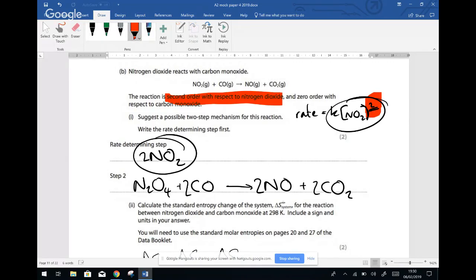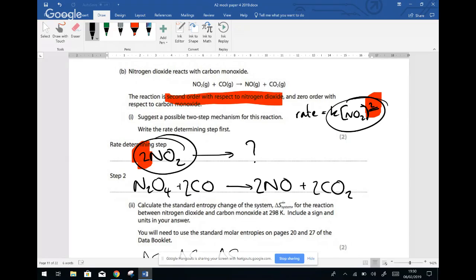So in order for me to know my rate determining step, I knew that there must be 2 going in, and for carbon monoxide to be completely missing. I couldn't have carbon monoxide here because it was 0. So it had to just be missing. So I then went, well, all right then, it just needs to be there. I'm just going to go to that. And went, what am I going to